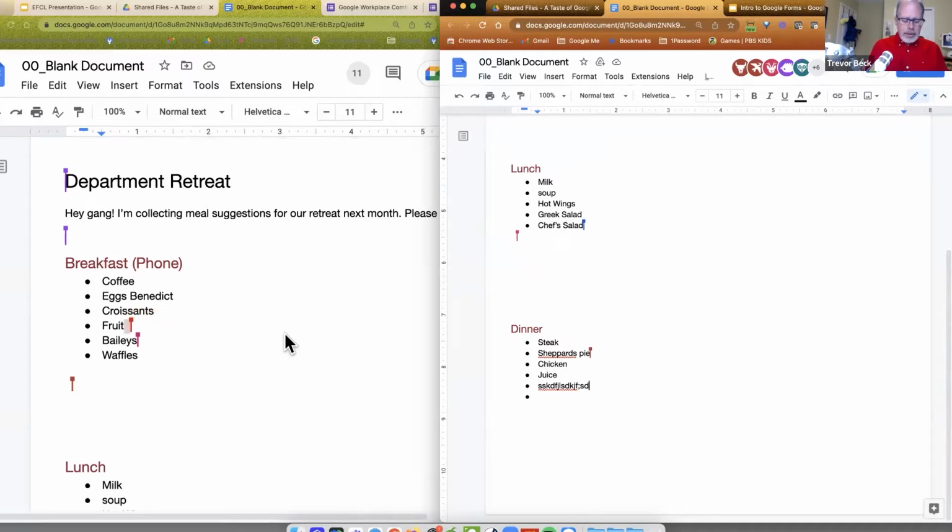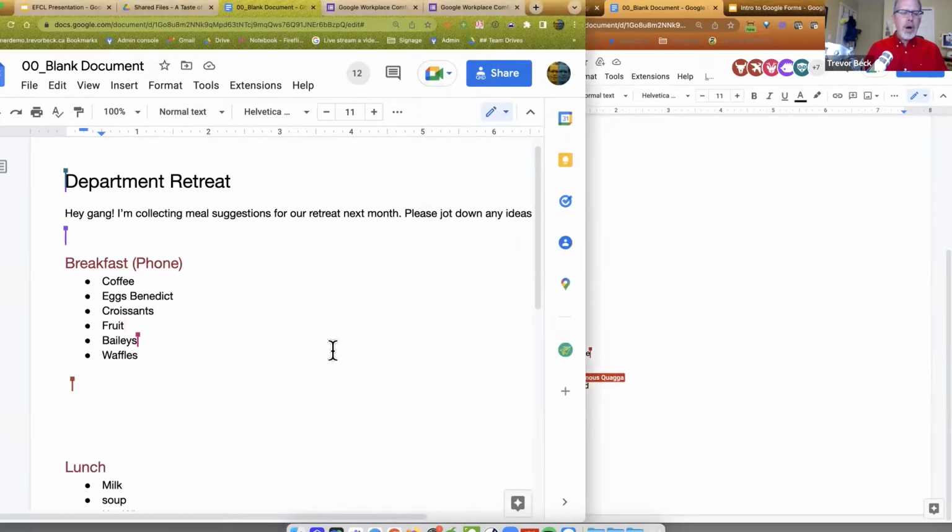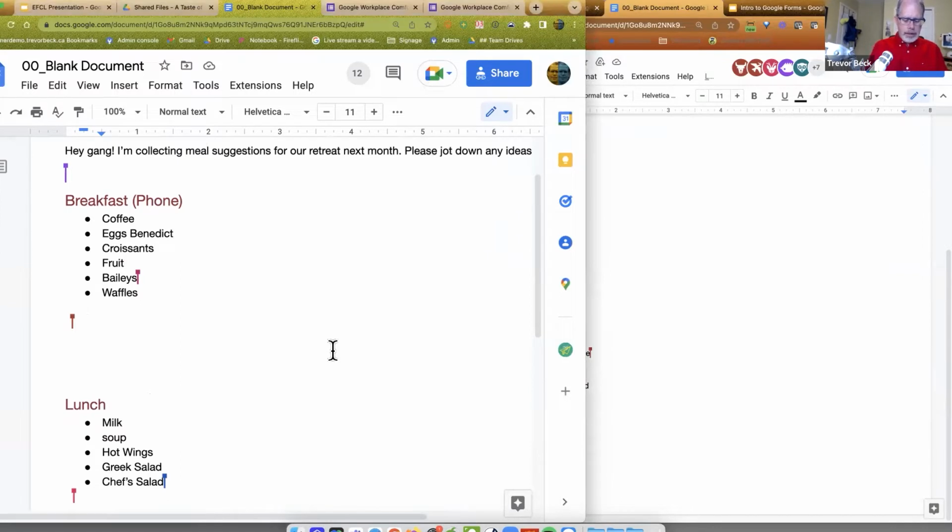What else are documents good for? Well, guess what? I can enter information on my phone. So I'm going to go into here. Just under waffles here, I'm going to put in my cursor and enter some stuff. Give me a second. It's under waffles. I can also add other things that I want to see. And notice as I'm typing that right on my phone here, that's showing up on the screen there, right?